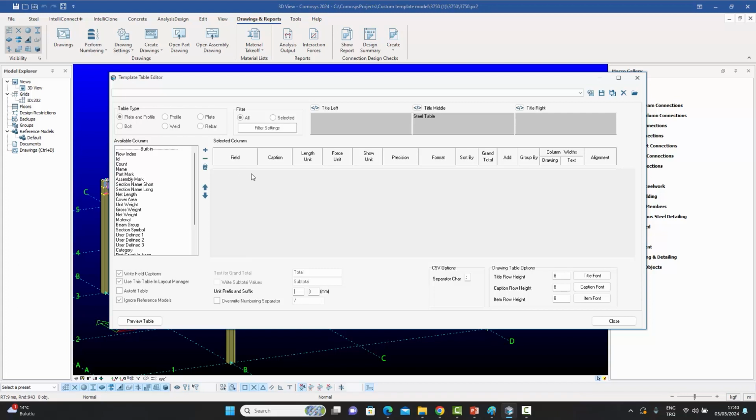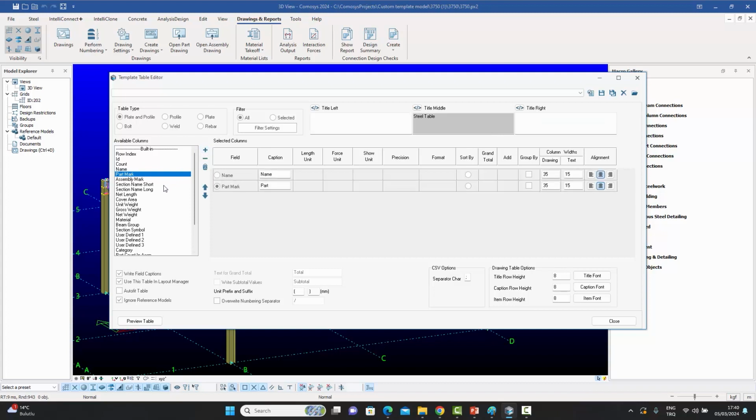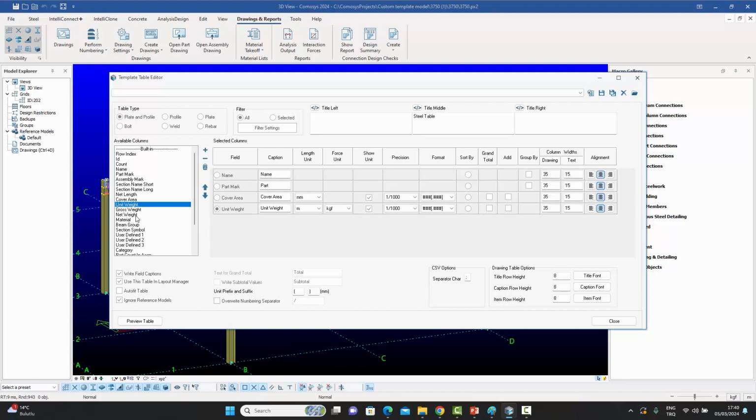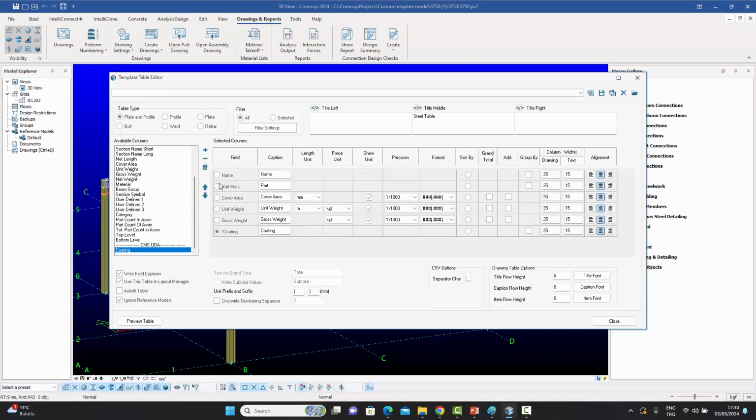And then you can add, for example, if you want the name field to be in there, you can say plus. If you want the part mark, you can say plus. If you want the covered area of that part, you can say plus. If you want the unit weight, you can say plus. If you want the gross weight, for example, you can say plus. And if you wanted to include this particular user-defined attribute, you can say plus again. By doing it this way, you can put all the fields inside,